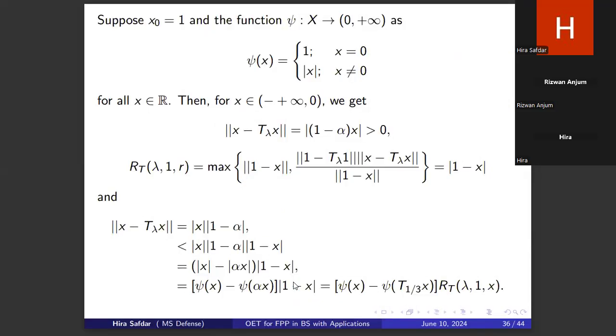Suppose x0 is equal to 1, the function psi from X to 0